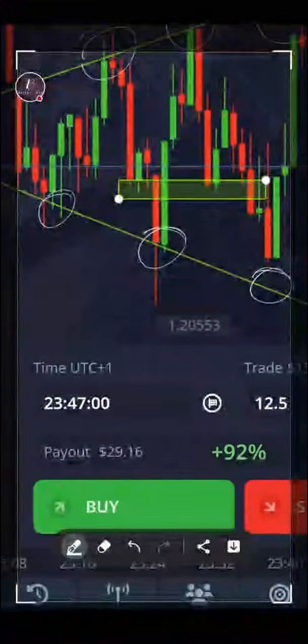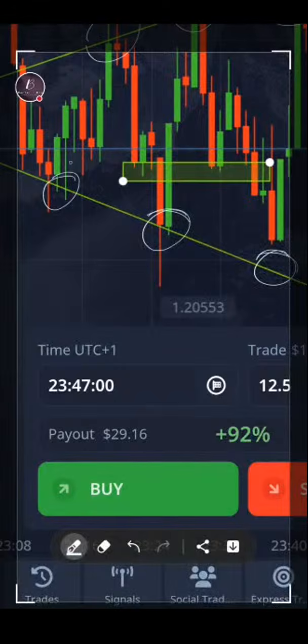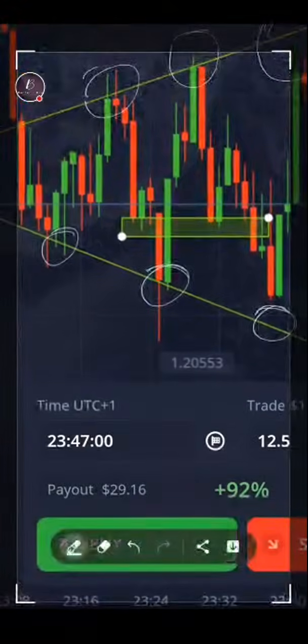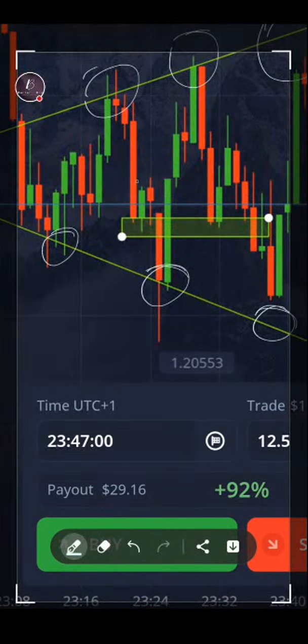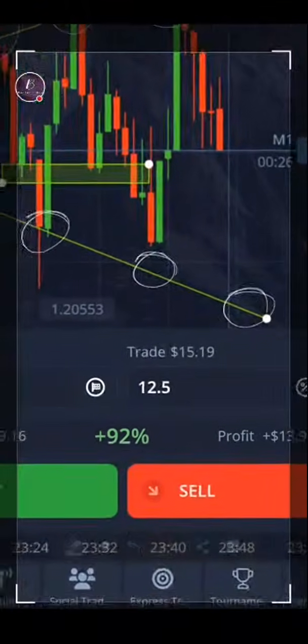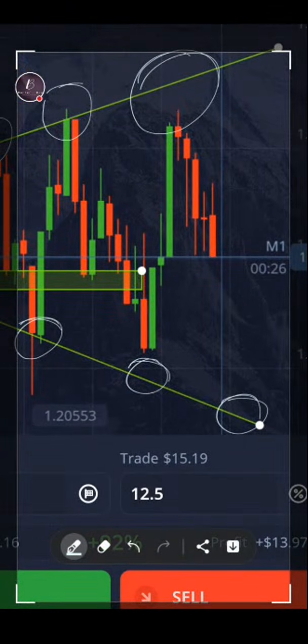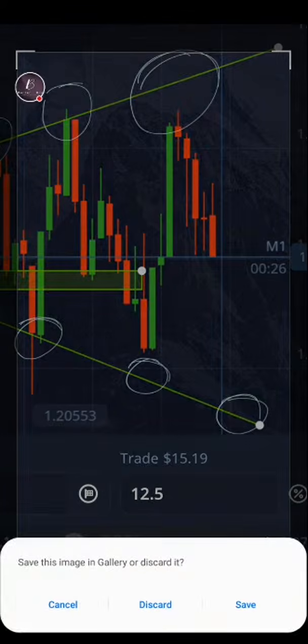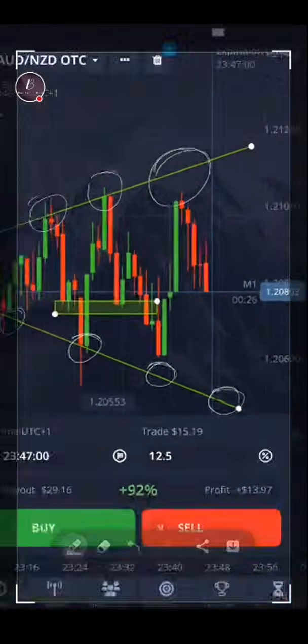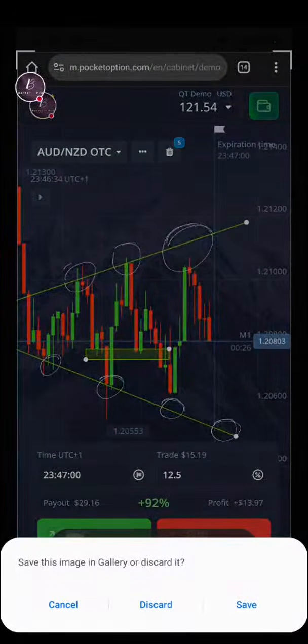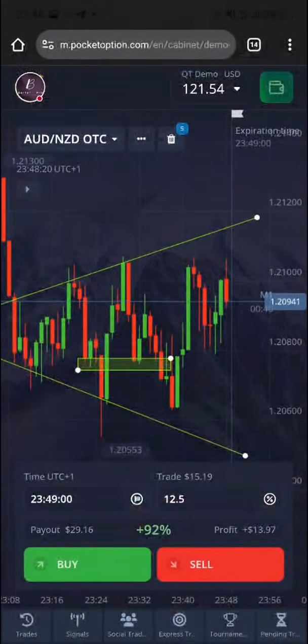So look at this. Immediately price gets here and begins to go up, the market direction is up. Immediately they get up and they begin to come down, the market direction is down. So you see here now, they've not touched down, they've not touched up. You cannot take a trade in the middle. It's going to be a bad trade. You understand? Let me just save this. I'll send it to the people in the Telegram channel.